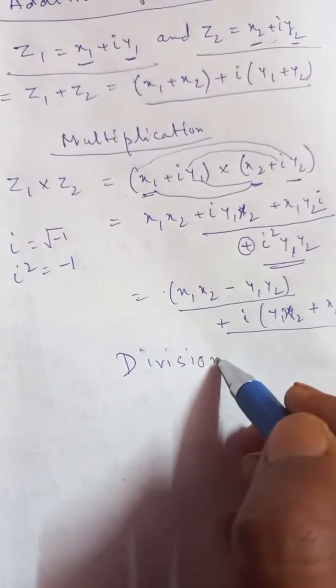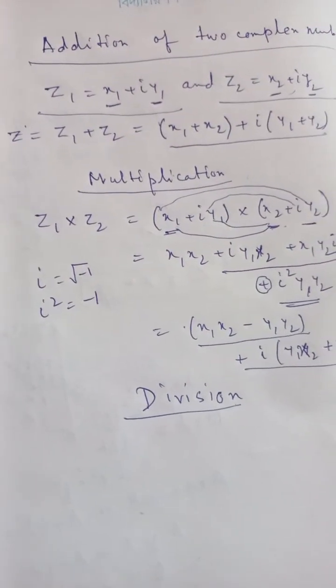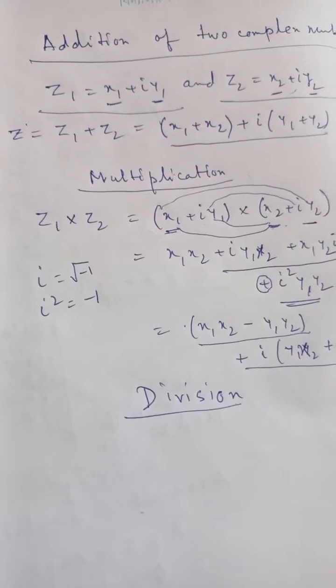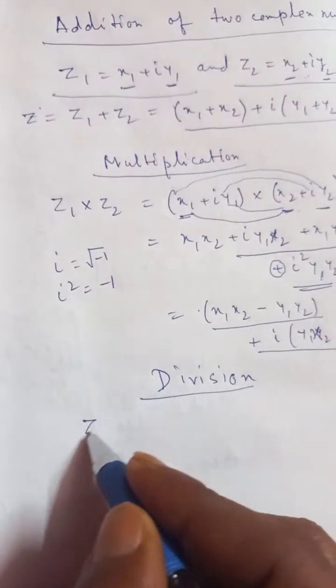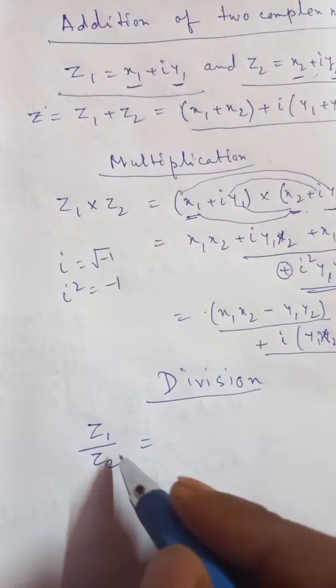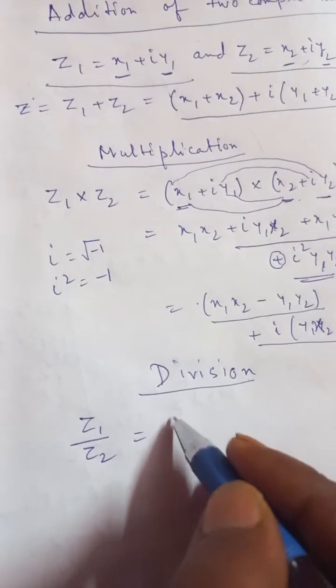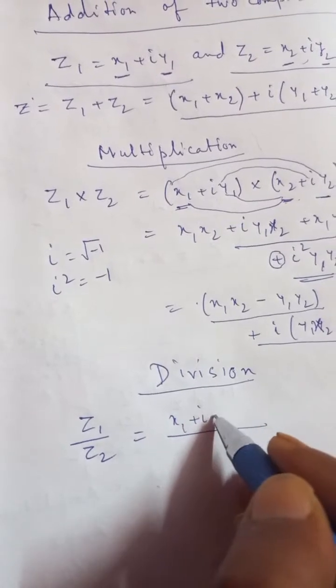So in the case of division, if again z1 is x1 plus iota y1 and z2 is x2 plus iota y2, what will be the value of z1 by z2? If we divide z1 by z2, it will be (x1 plus iota y1) over